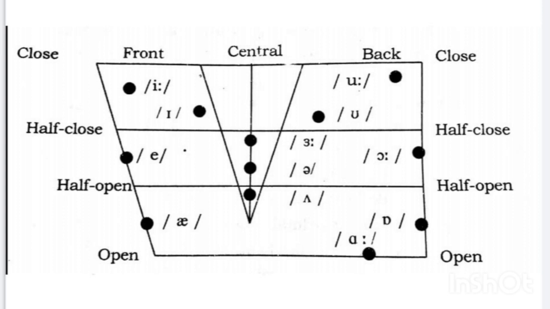Of these, 12 are pure vowels or monophthongs, which you can find in this diagram. Among these 12, 7 are short and the other 5 are relatively long. Which are the long vowels? This one, then among the back vowels,